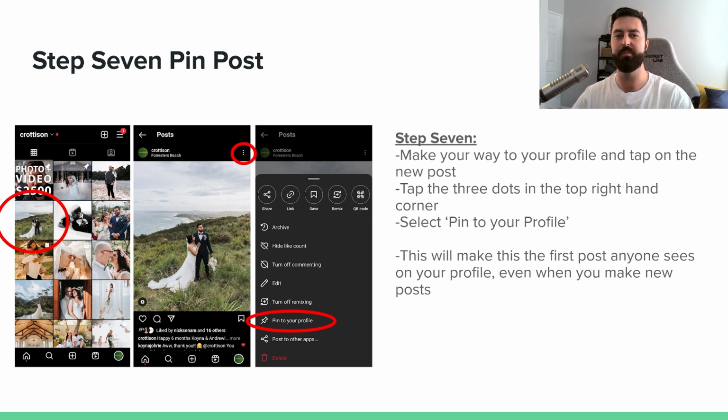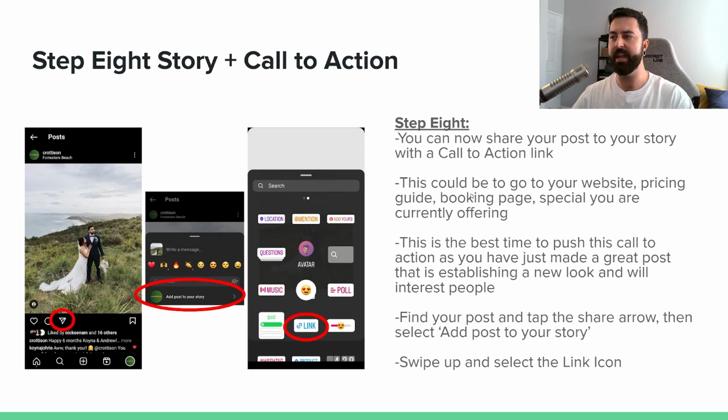So it will move other pins out of the way and move it to the first spot. I think you can only have a certain number of posts pinned, maybe 3 or something like that. From there, we move on to step 8, and now we have the post posted to our followers and